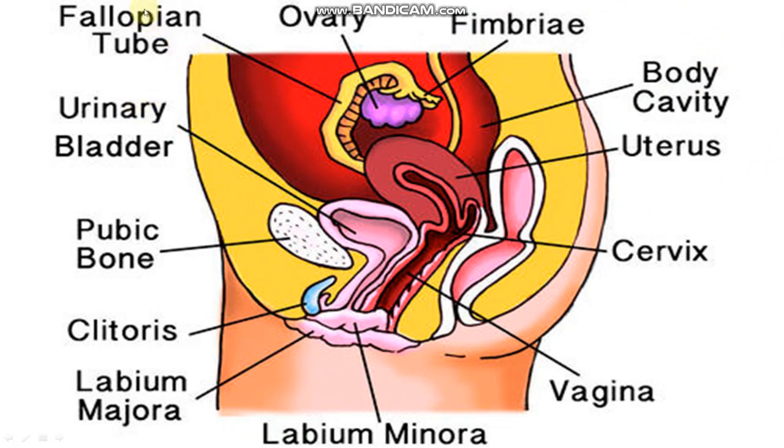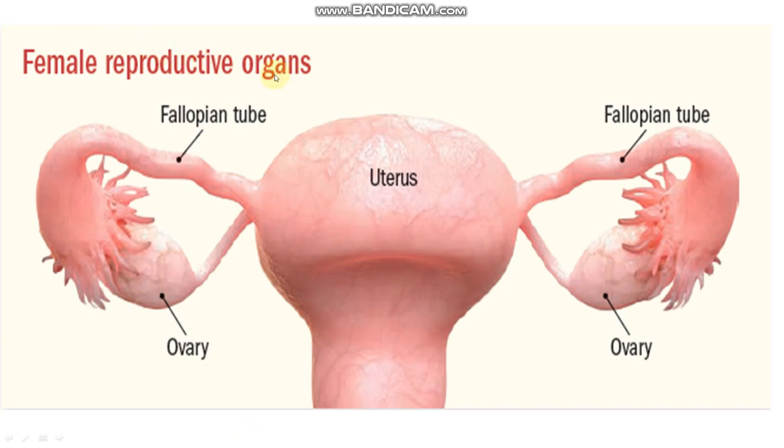Here, this is the fallopian tube, meaning oviduct, ovary, fimbriae. Fimbriae will be clear in the next slide. Body cavity, uterus. Uterus is also called womb, right? Vagina. This is part of labia minora, labia majora, clitoris, pubic bone, right? Female reproductive organs: fallopian tube, uterus,